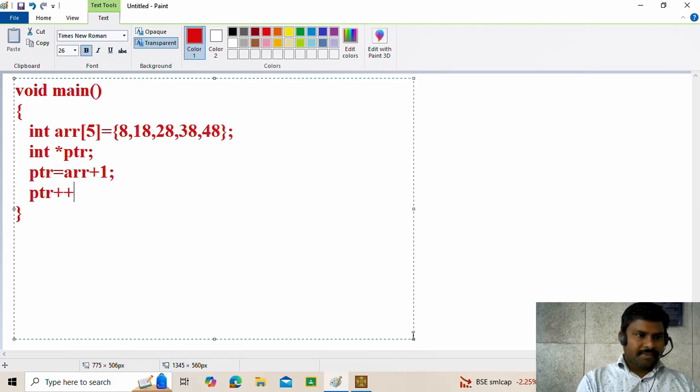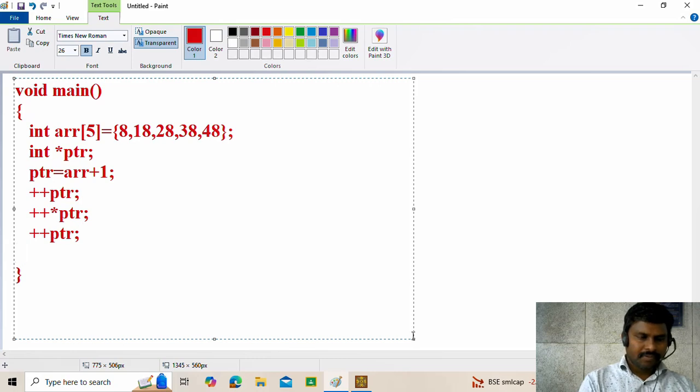So ptr plus plus or plus plus ptr, plus plus asterisk ptr, next plus plus ptr, minus minus asterisk ptr,